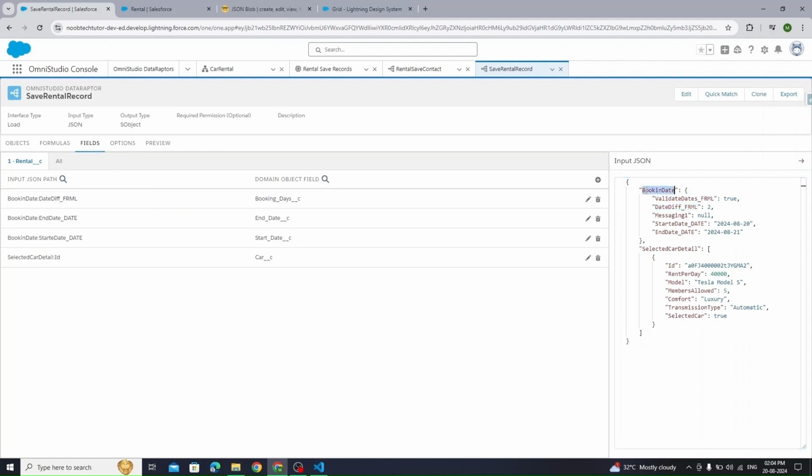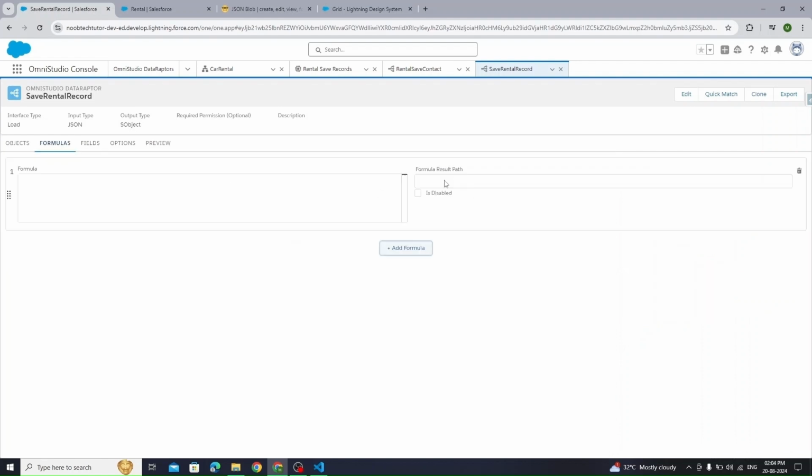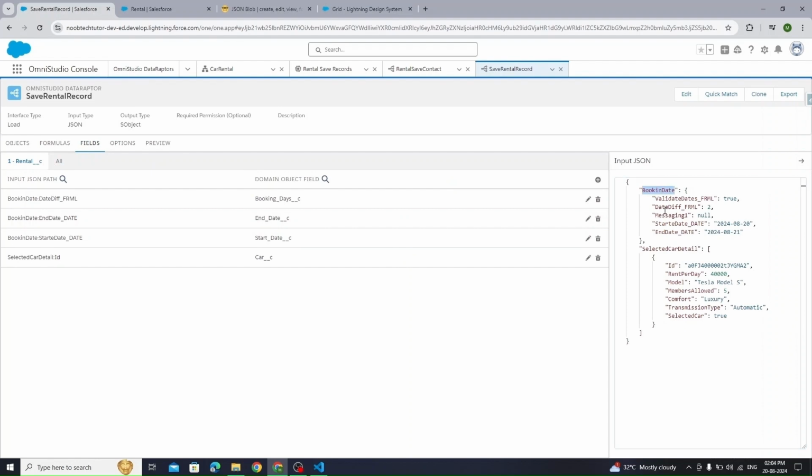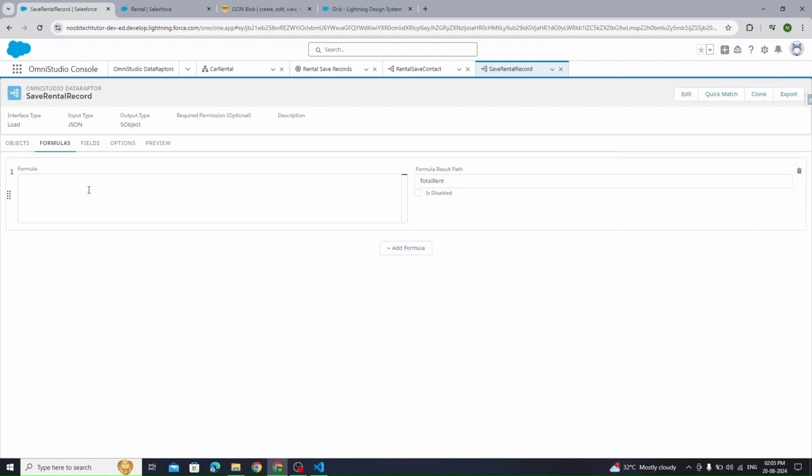What we'll do is go to formula right here, total rent, and in this we have to get the number of booking days, which is booking date, this multiplied by,